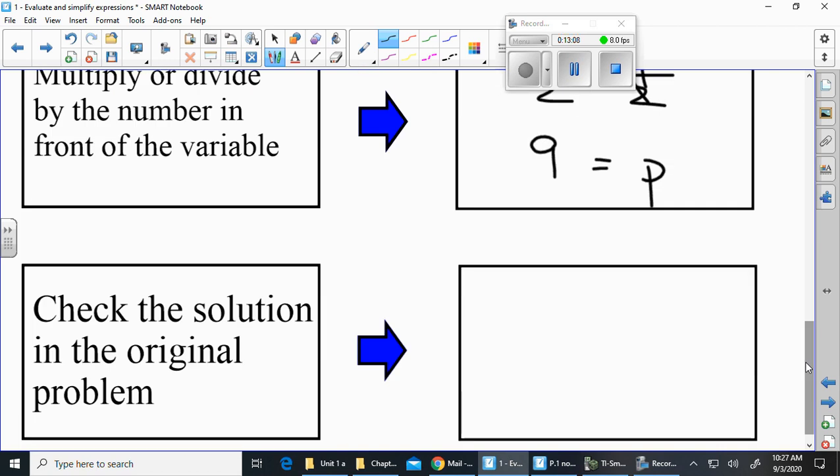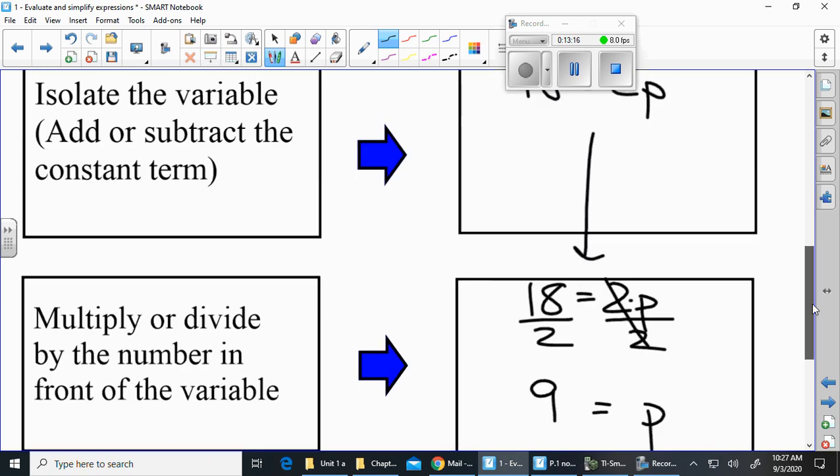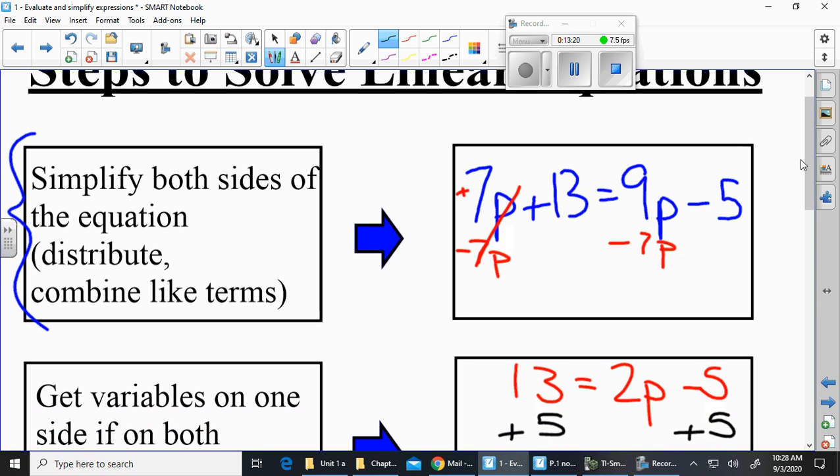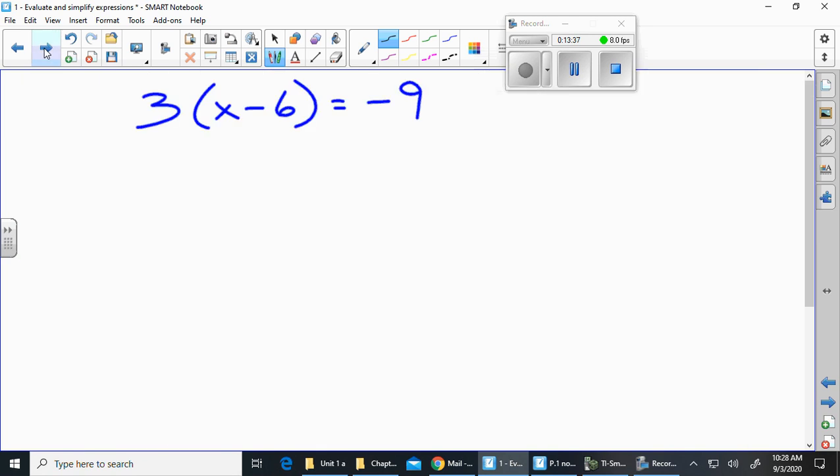Now what can I do? I can always check to make sure I did that right. Go back to the original problem. If I plug 9 in there and 9 in there, do I get the same answer? 63 plus 13 is equal to 81 minus 5. So it's correct. Just to see a couple done, if I was given this, I'm going to think of that